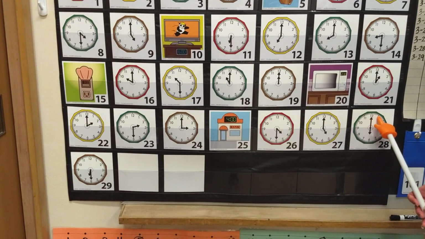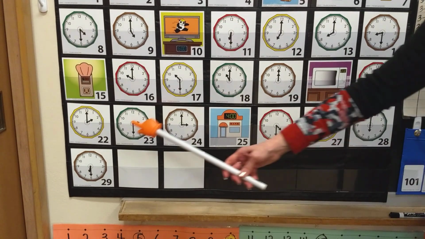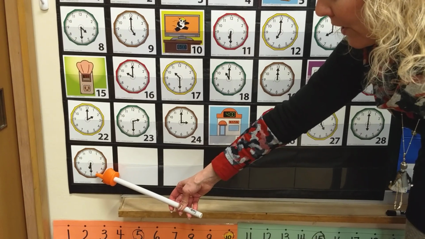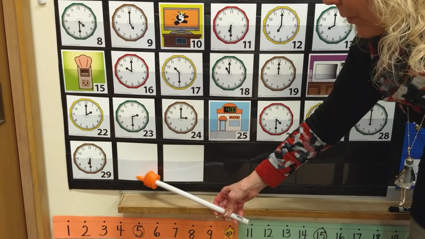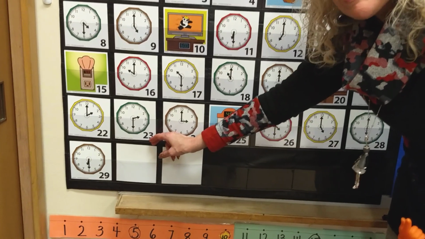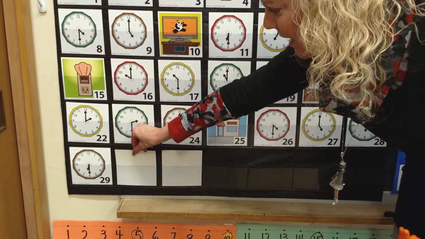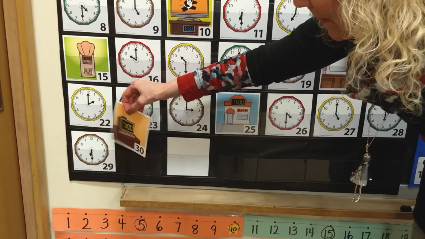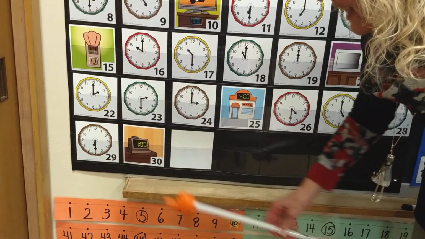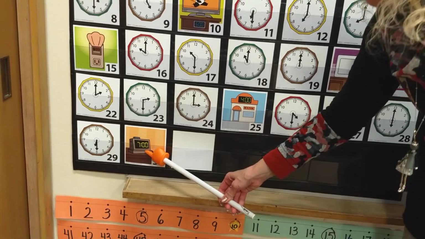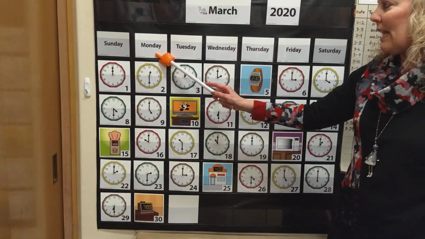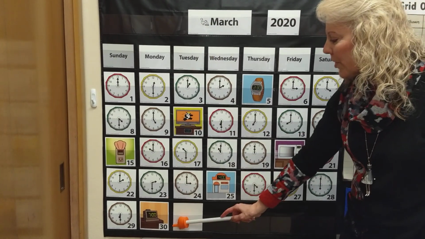And if it was 6 o'clock, 6:30, which was a half an hour later, I'm thinking today it's going to be another half an hour later. Think about what time that would be, boys and girls. Let's see. You're right, 7 o'clock, and it is a digital clock. Let's say the date together. Today is Monday, March 30th,